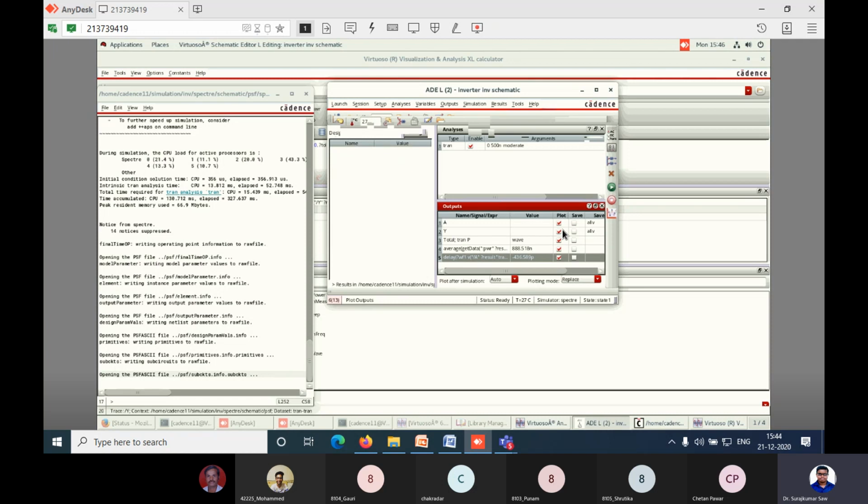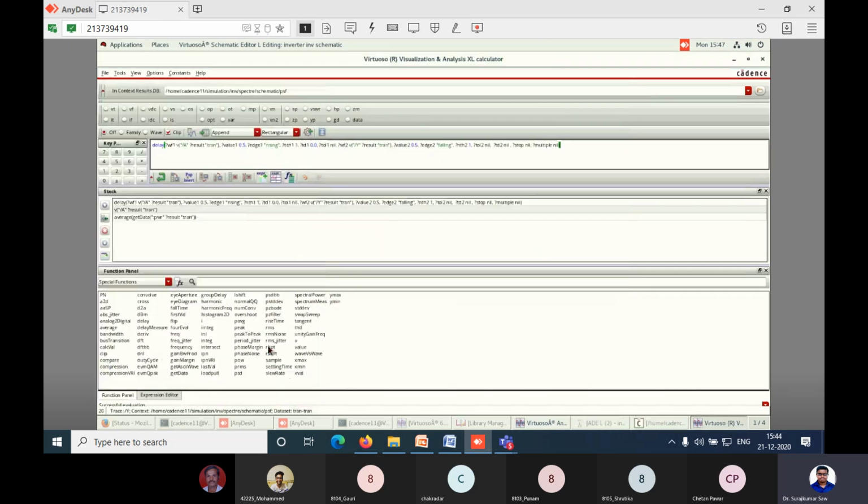So we have selected the first signal. We have checked the delay from A to Y. So it is a negative sign. That means the input is occurring first, then the output. That's why it is showing the delay as minus. But no problem. You can take the positive sign, or you can swap the signal. I'm showing you once. I can swap the signal and the delay will change.